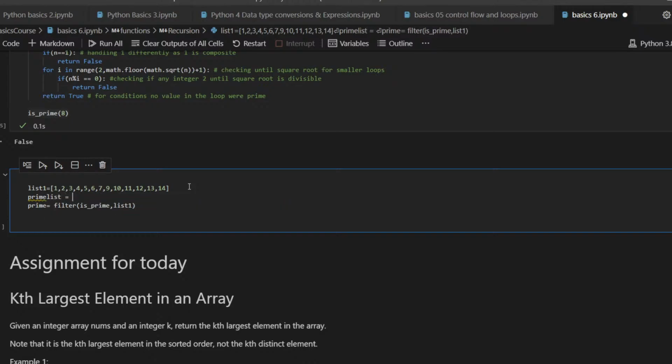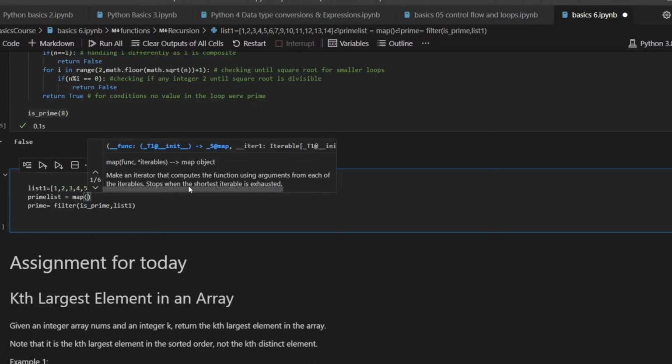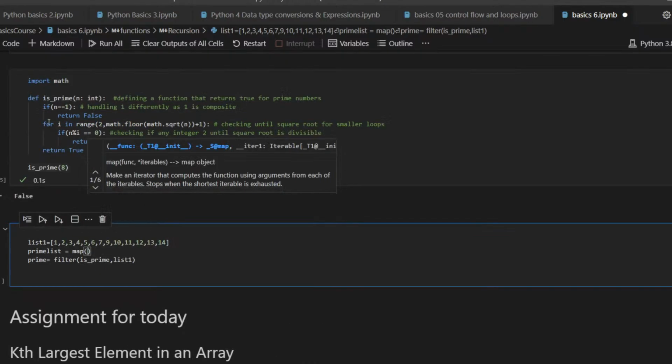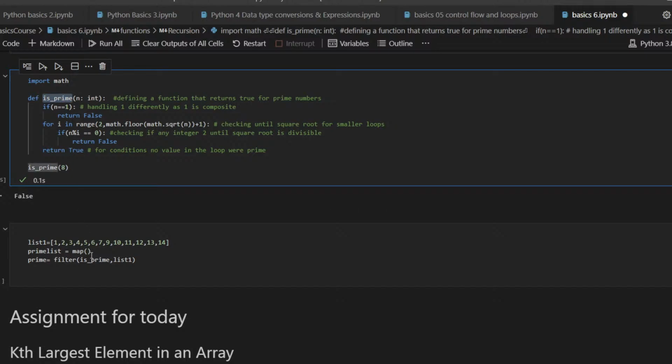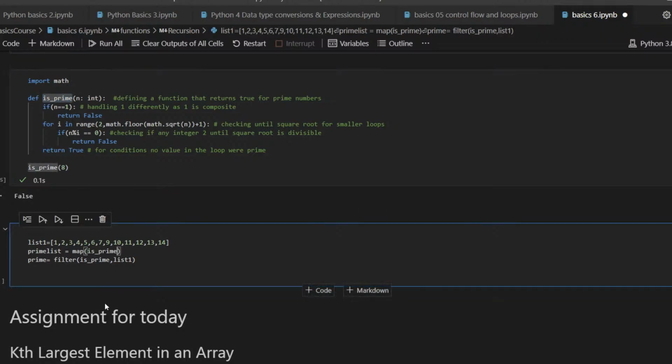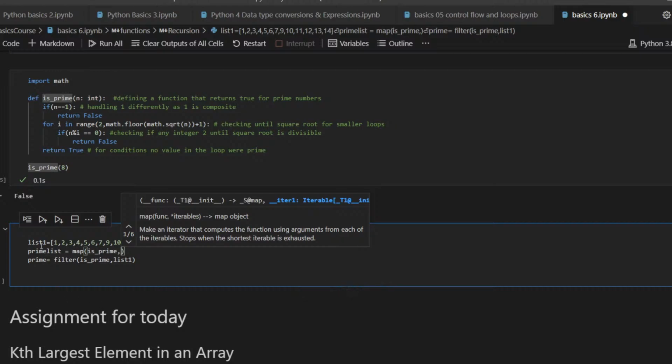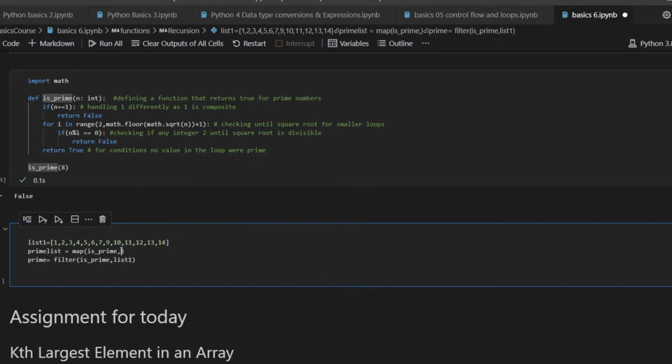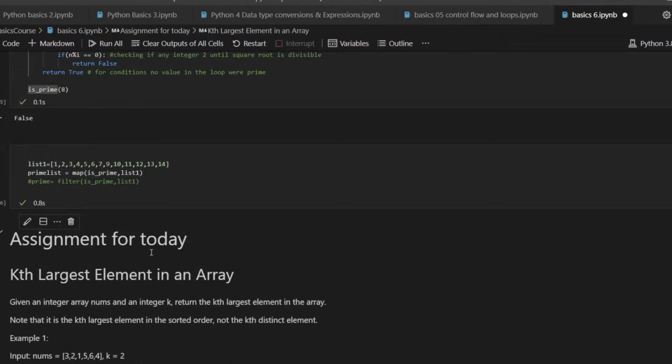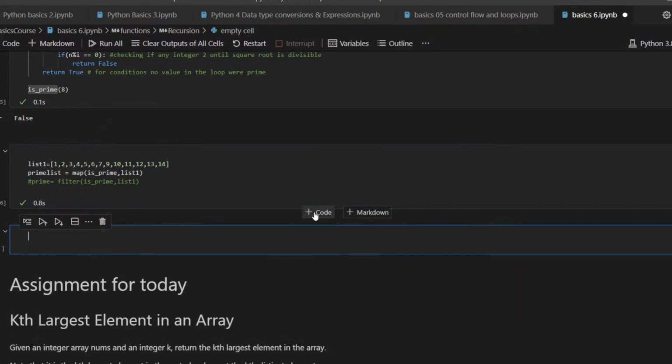list is equal to map of, you know that the map takes a function as the input. So here I'm going to give this function, and then you can put in a list or a sequence. So I'm going to put in this list, and then I'm going to print that out. So what that would do is it will take each element of this list, and it will pass true if it's prime, and it will pass false if it's composite or non-prime. So you can see that when we print it,